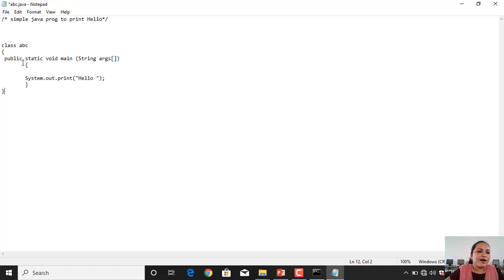Now you will actually be wondering what is this public static void main. So we simply create class ABC. Here main is a function which shows from where the execution will start. Void is a type of main function which indicates that main returns nothing, and main must be public because it is used by all the classes.